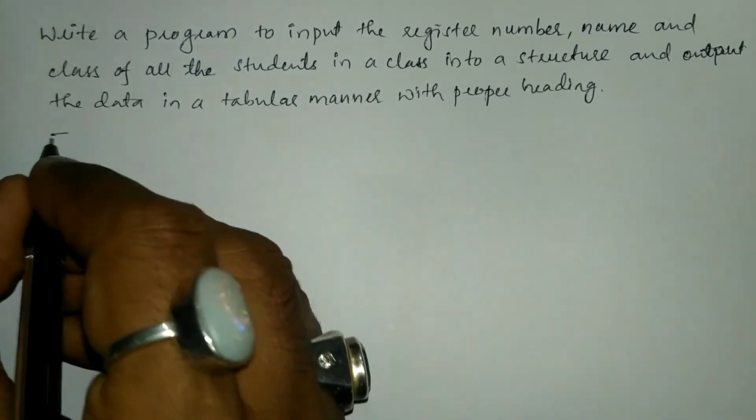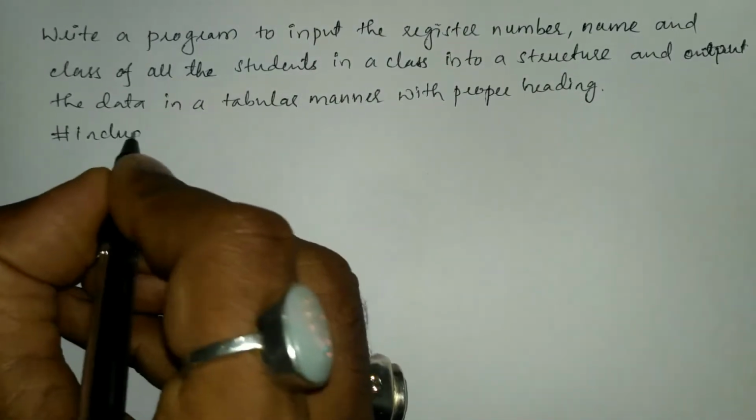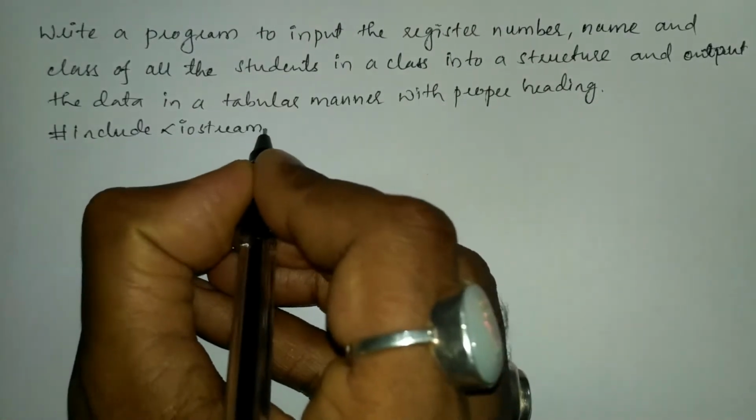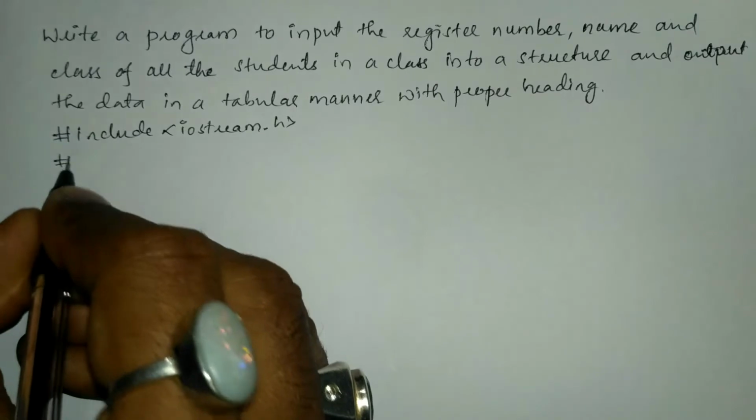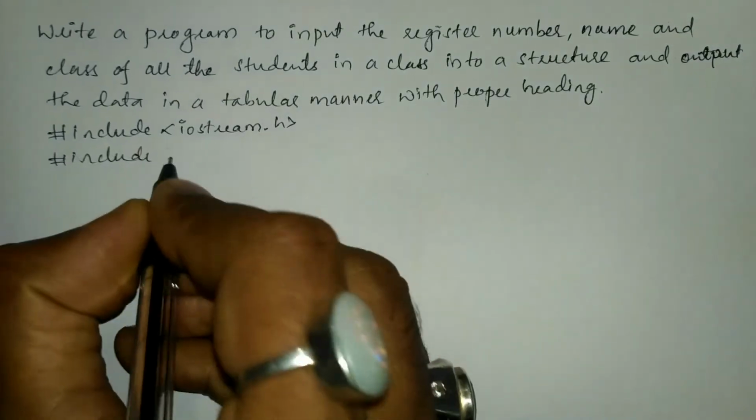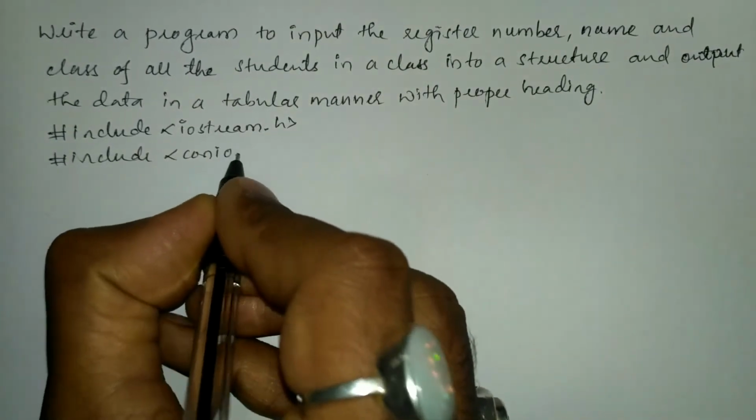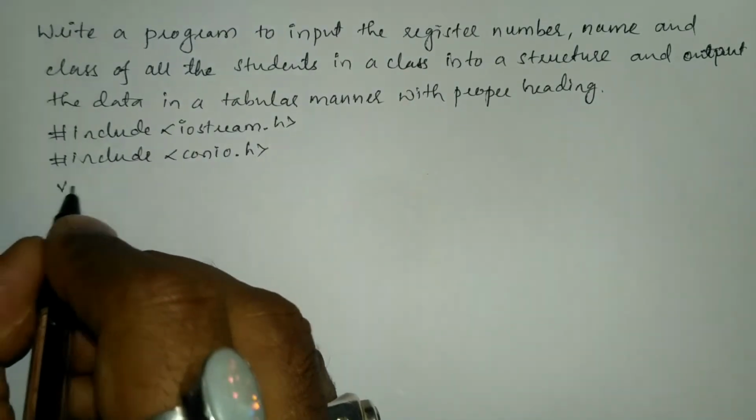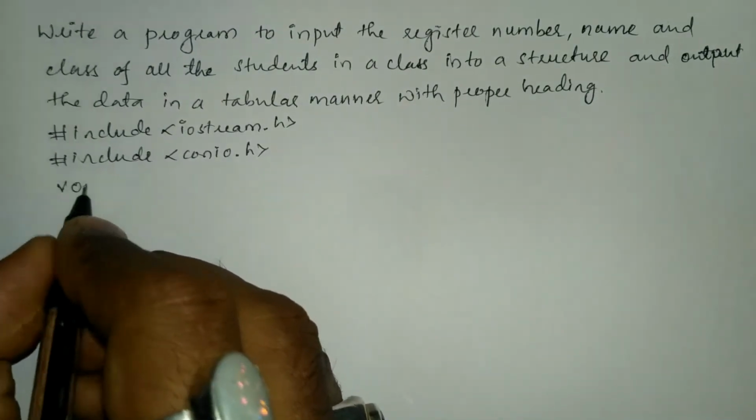Let us write the preprocessor directives hash include in angular brace we'll write iostream.h header file, and the next preprocessor directive is hash include in angular brace we'll write conio.h header file. Now let us write void main